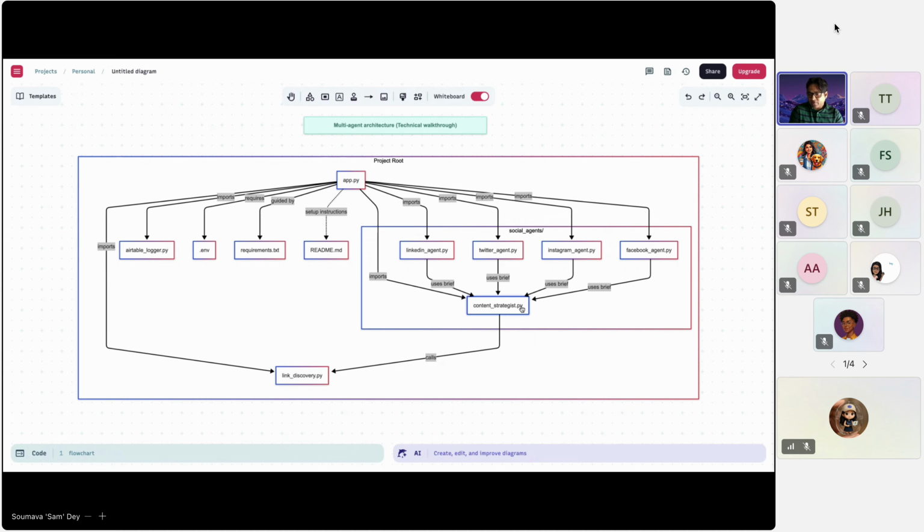We have all these Python scripts connected with the content strategist. Think about that: the content strategist is the main manager, like a social media manager, who is delegating all the briefs to different platform agents. And once the content strategist gets done with that, then this LinkedIn agent will post something in the LinkedIn